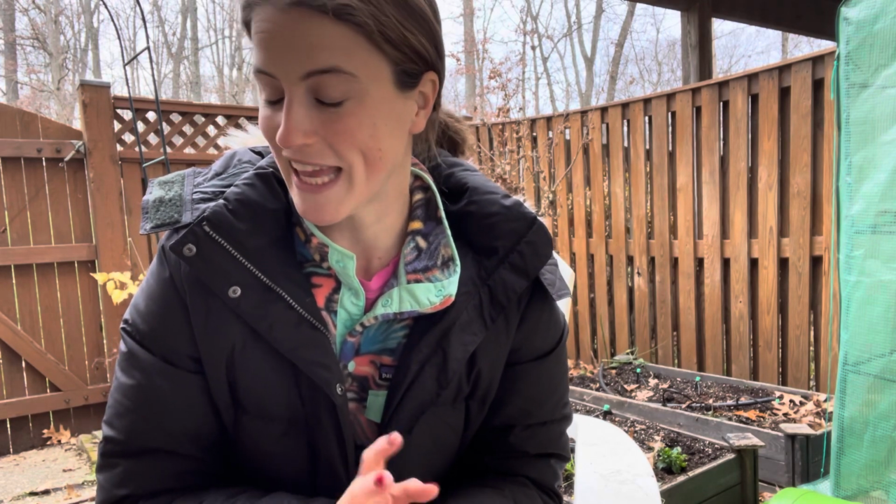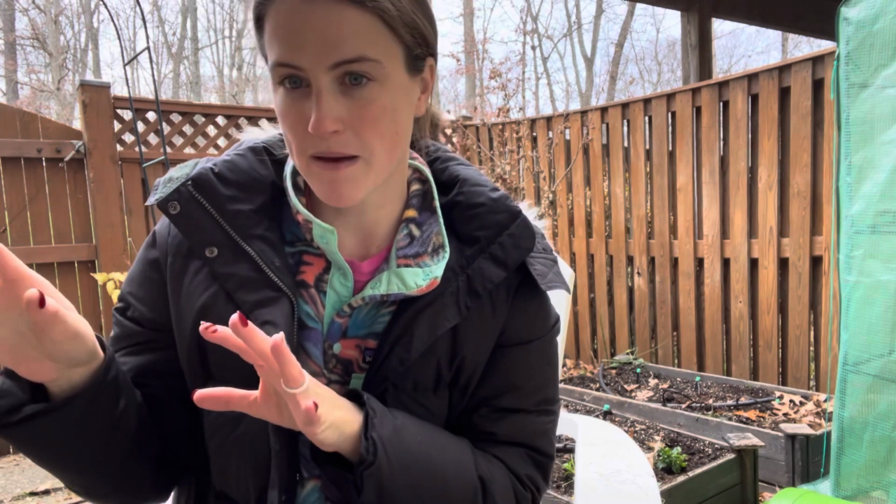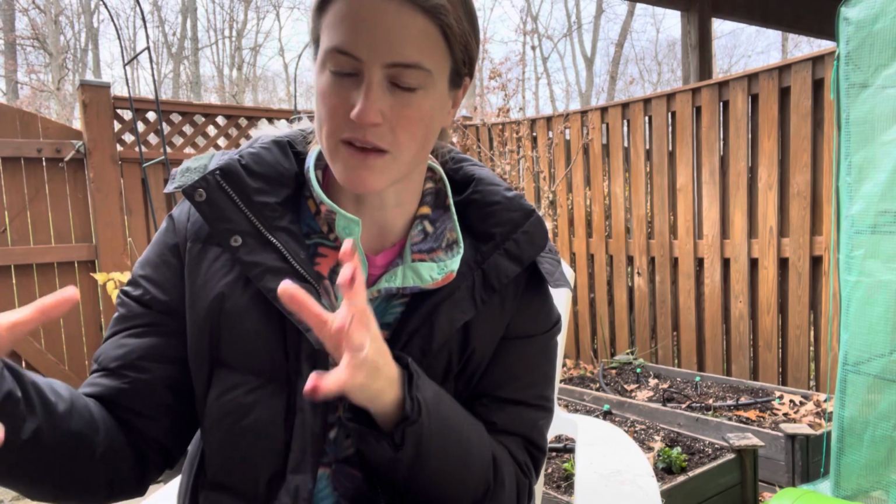And then the other plant that I have to highlight as a favorite were my pineapple ground cherries that I grew in a grow bag, again a 15-gallon grow bag. Oh my gosh, happy, prolific plant, not a pest in sight, just beautiful. And again, my toddler loved coming down to the garden and finding ground cherries. What I did this year with the ground cherries, I've talked about it before, I put the grow bag